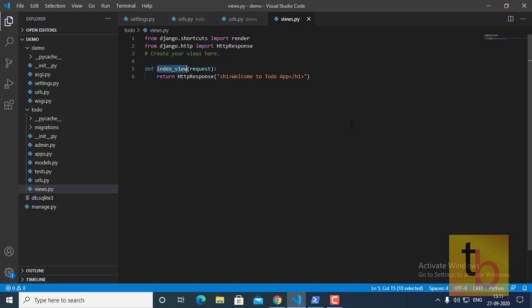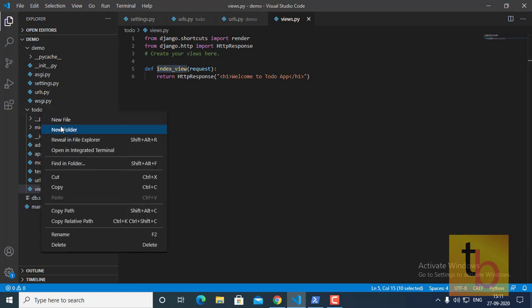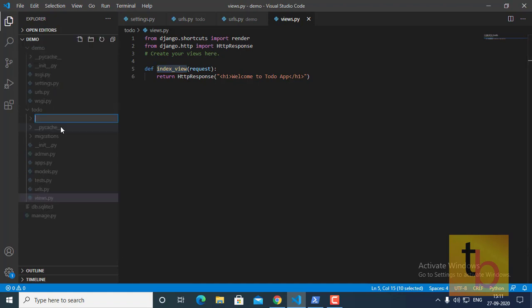There are two ways to create a template. The first one is app-wise templates and the other is global templating. We will see both ways, but in this video we will see module-wise or app-wise templating. For creating the template, we need to create one folder called templates inside of our app folder.